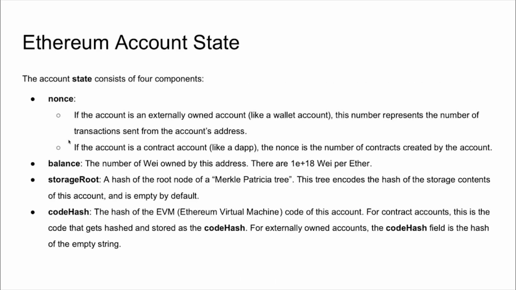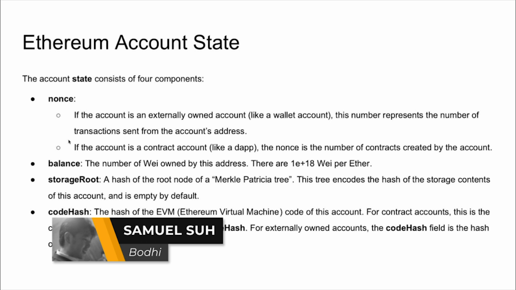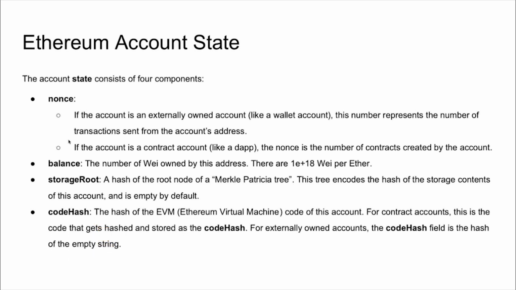Okay. So in terms of account state, right? Ethereum uses something called accounts, which is different than its predecessor, like Bitcoin uses something called a UTXO, and a UTXO stands for unspent transaction output model of dealing with transactions. I'm not going to go into that too much, but Ethereum uses an account, and that account consists of 4 different components. And I'm going to talk about nonce because I'm sure you guys have heard that word many times,